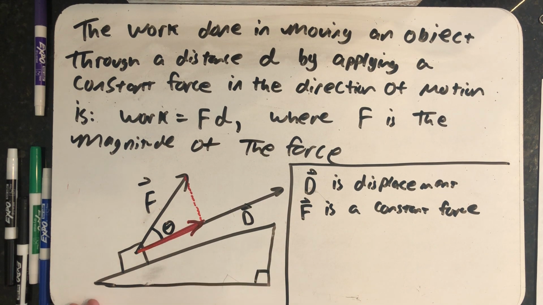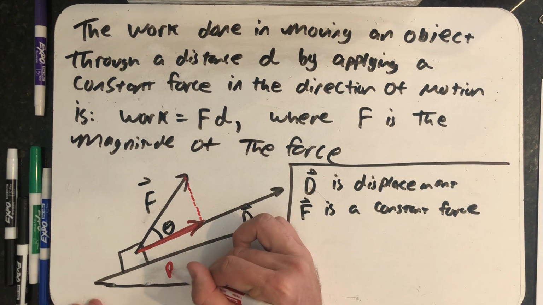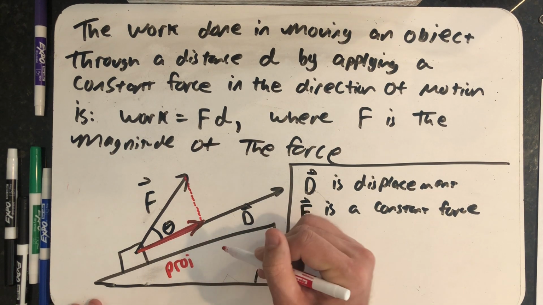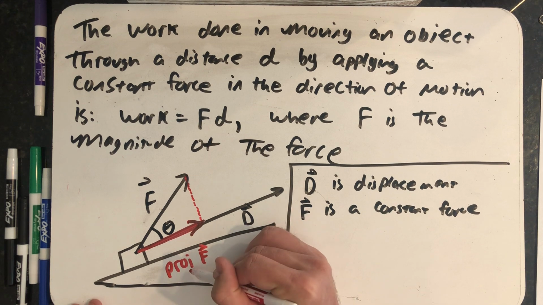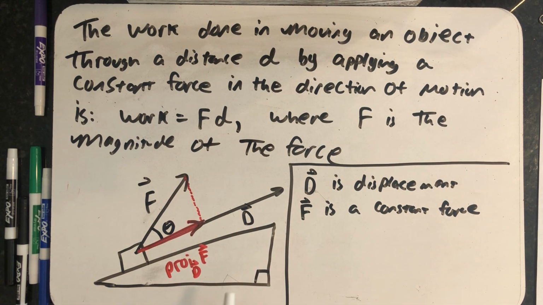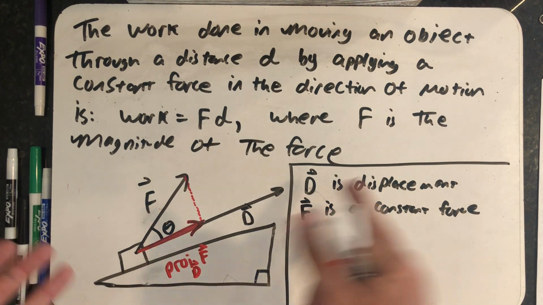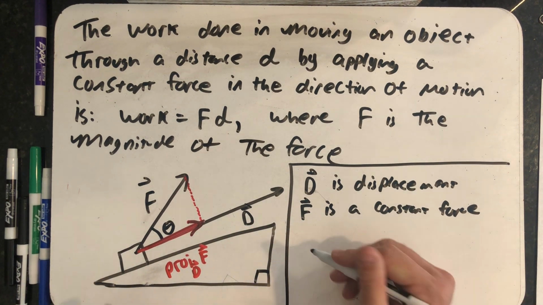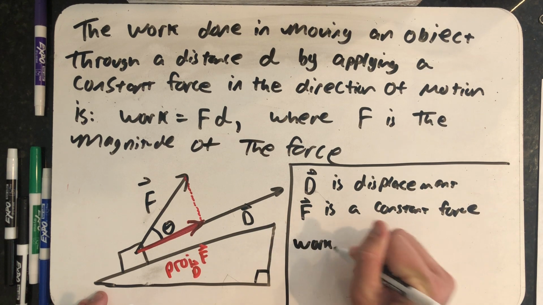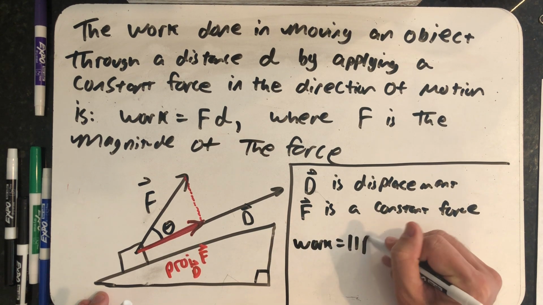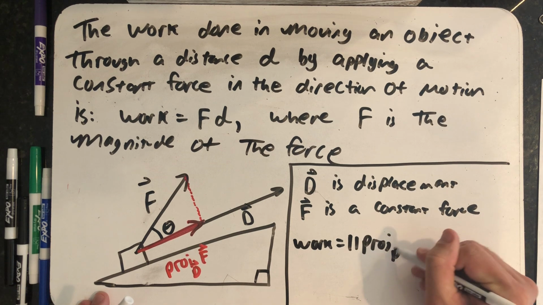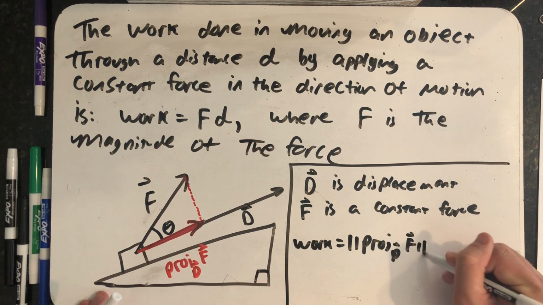The magnitude of this vector, well, and that vector would be the projection of F onto vector D. The magnitude of that vector would be my effective force in moving the object up the inclined plane up this hill, and then the magnitude of the displacement vector would be the distance I've moved through. So I would say the work would be equal to the magnitude of the projection of F onto D times